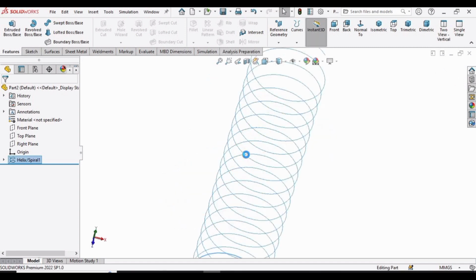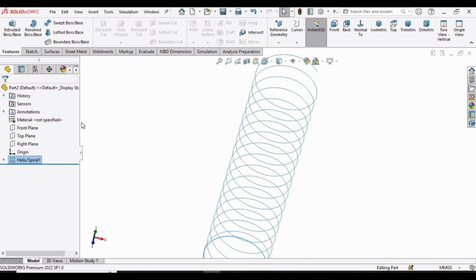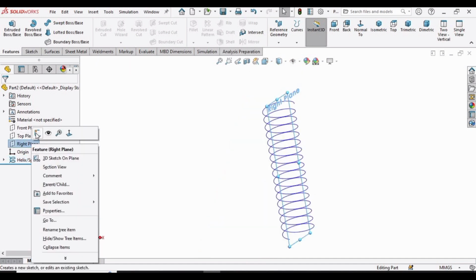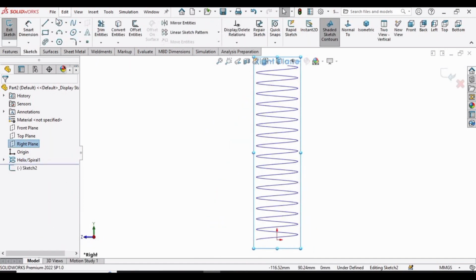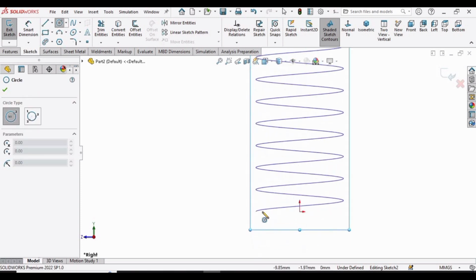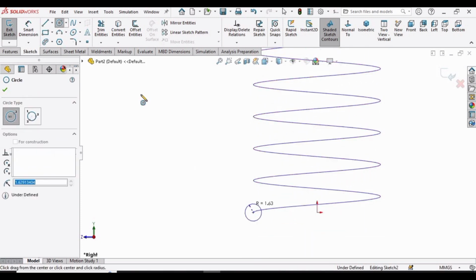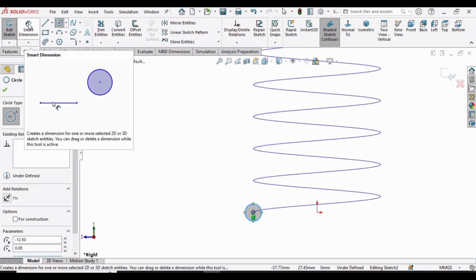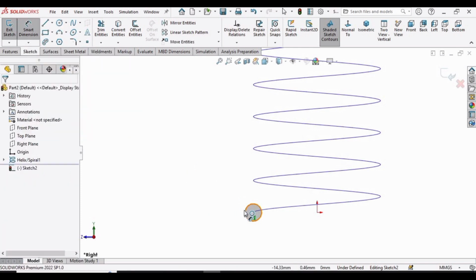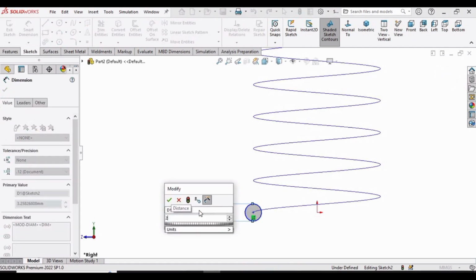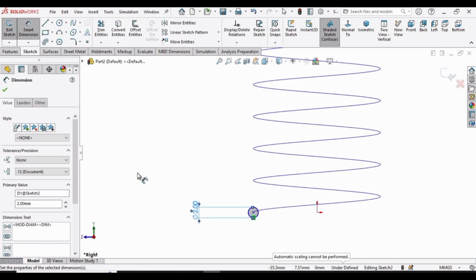And now select this right plane and click on sketch. Select the circle, zoom in and make a circle here at this point. Now define the diameter as 2. Click enter. Now press the escape button